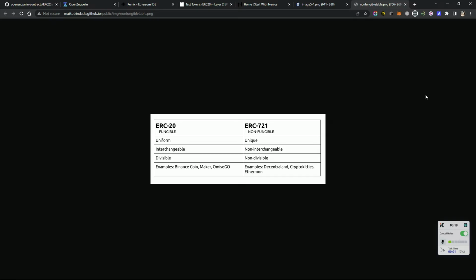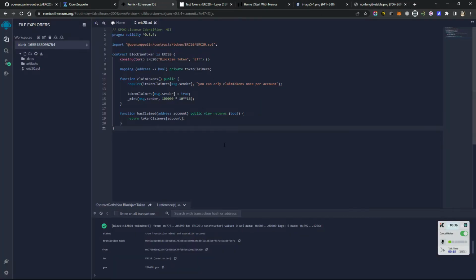Hi everyone, and welcome to the talk about deploying ERC standards with Remix. And just to let you know what that means is we're going to deploy our first token using Remix. Remix is an online IDE, and you can see it here, and we'll get into this in a little bit. What it means is we can just code here right in the website if we need to code that much, and then we can deploy it to the blockchain right from here